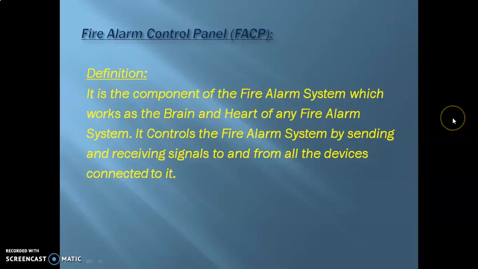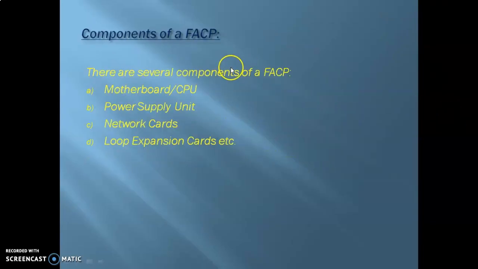So moving on, we will discuss some of the components of an FACP. There are several components of an FACP, but I'll just be showing an image of some of the important ones. I've listed four of those important components here, namely the motherboard and CPU, the power supply unit, the network cards, and of course the loop expansion cards.